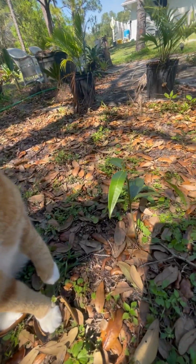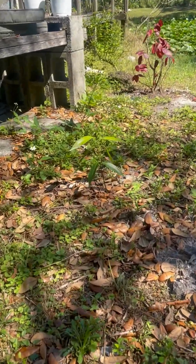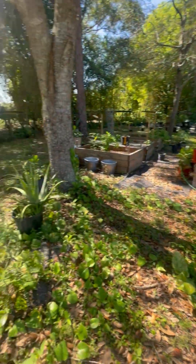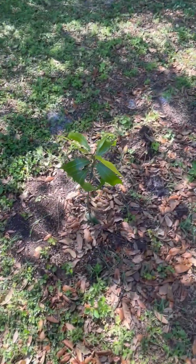And then here we have another mango seedling, as well as over there another mango seedling. As you can probably tell, my favorite fruit is, ding ding ding, mango. And then here again, a mango seedling